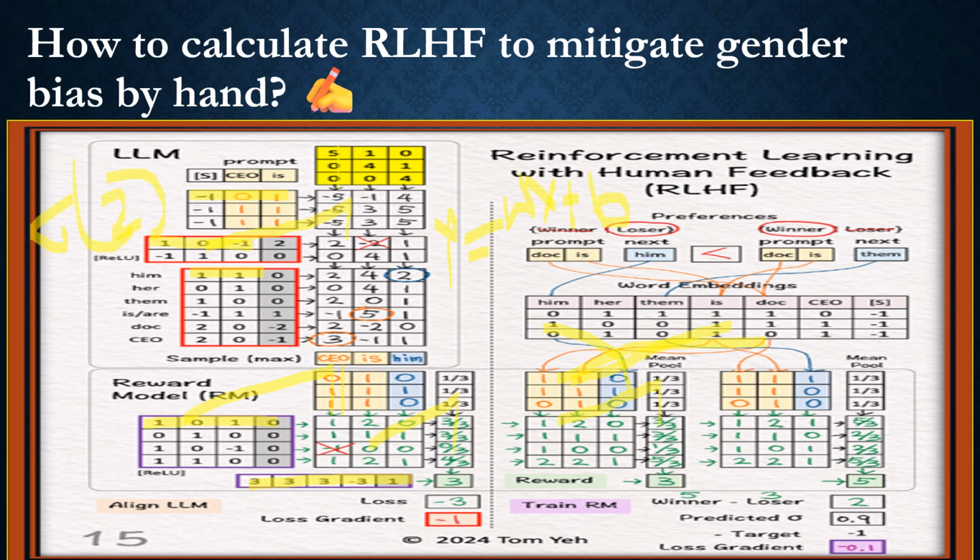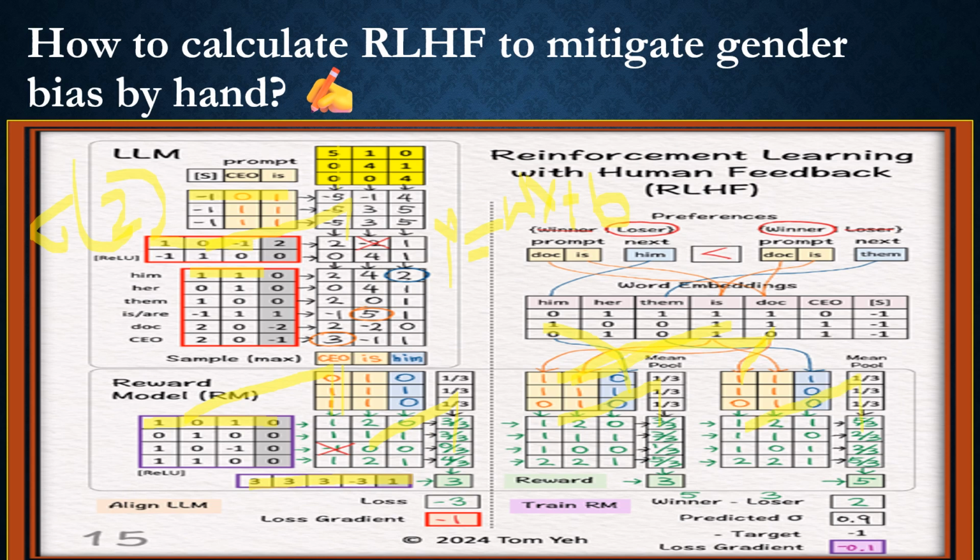So multiply this one, we'll get the things like this. So here also, when we take the next words, doctor, is, them, we'll simply take these words, right? So doctor, first check for the doc, 1 1 0. So we write this doctor, then is, then them, like this. And then in the next step, multiply both these matrices.